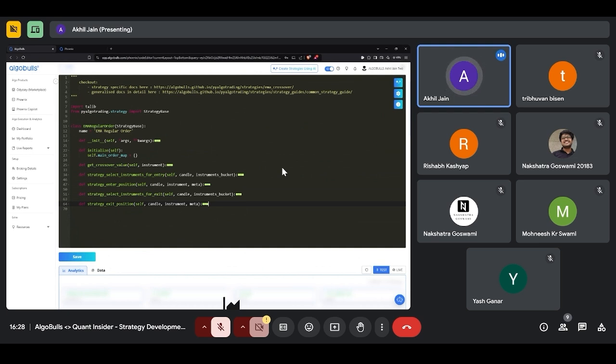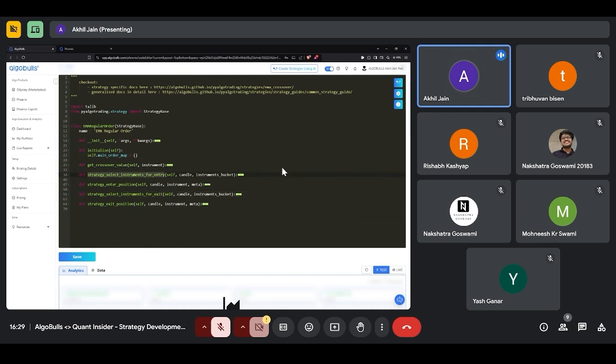Whenever a candle comes, what happens first is exit, and then what happens is the entry. This is because in delivery strategies, we get all the holdings and positions into this bucket. Based on that, we either set up our main orders from those buckets, because from the holdings or positions, or if there is nothing in the holdings or positions, then automatically we go back to entry.